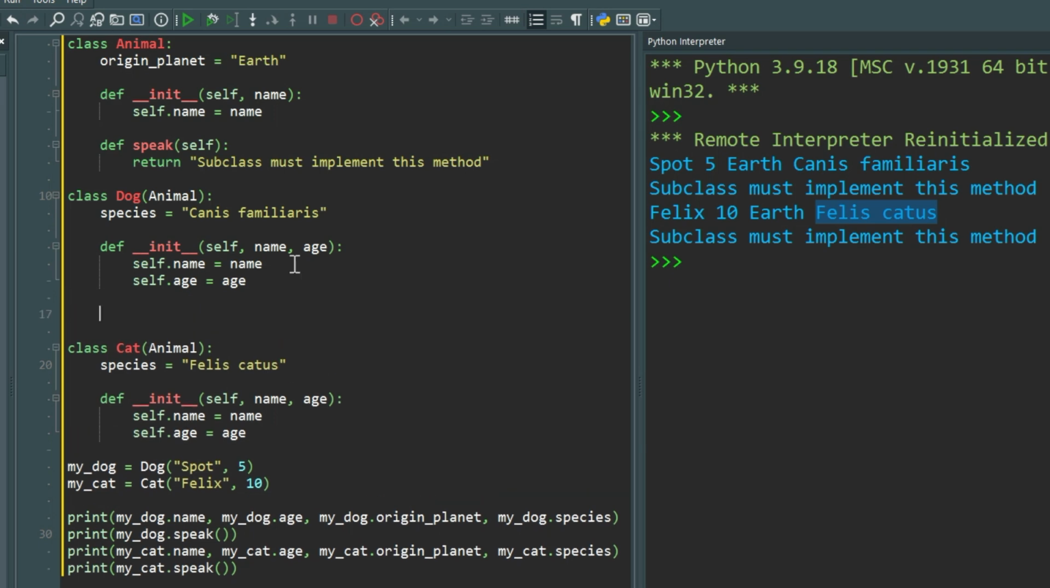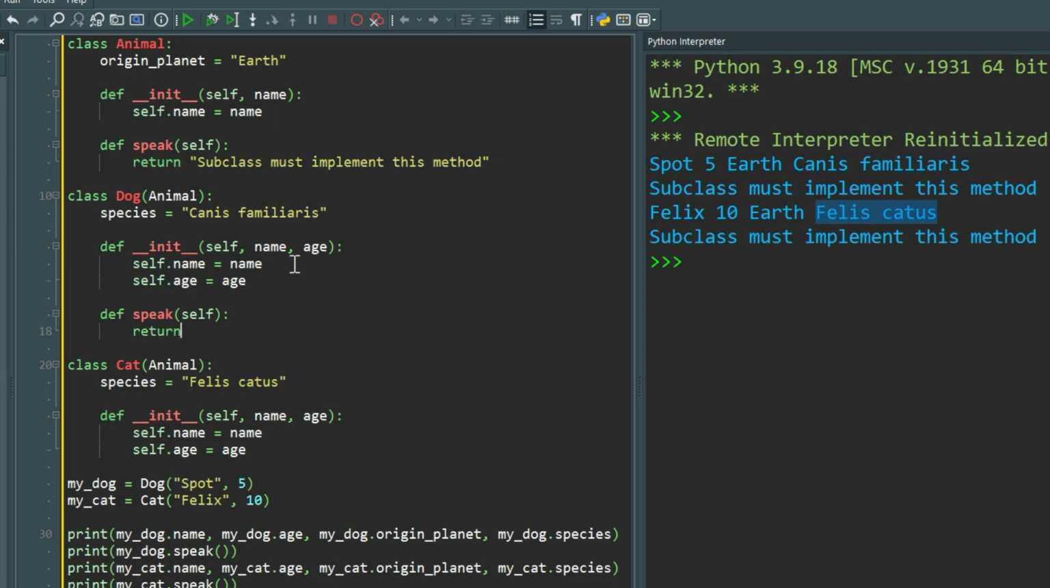We'll create a method in our dog class and we will name it speak, just like from the superclass, and this is called overriding. We provide in self and we will return, we'll use string formatting and we'll say self.name